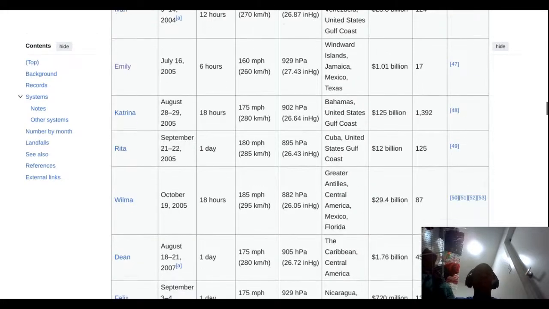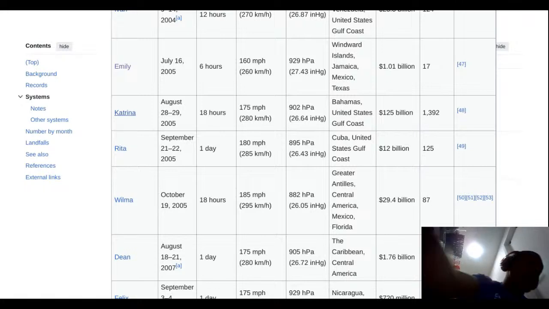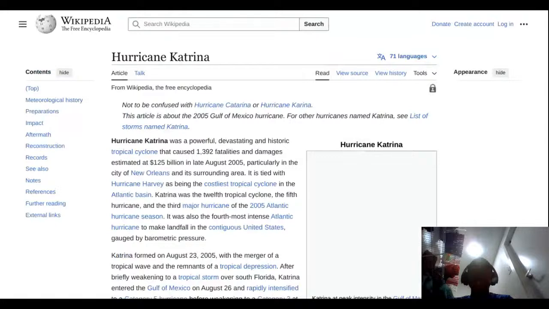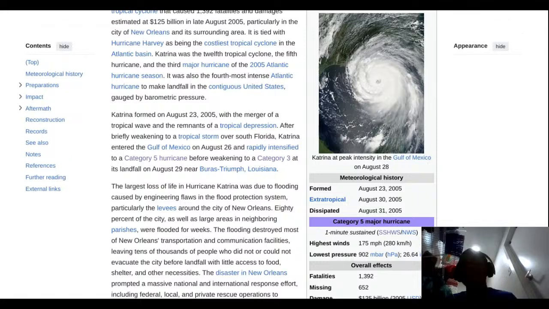All right, next is my favorite one of them all. And I have known Katrina since I have heard about her and what she did to New Orleans in 2005. Let's talk about her. We bring up a memorable hurricane that hit Louisiana in 2005, and that is Hurricane Katrina,